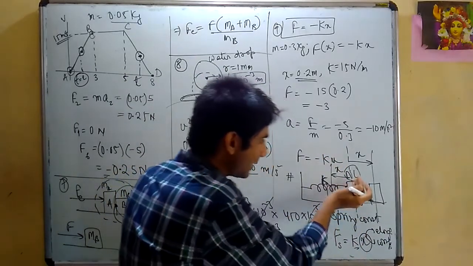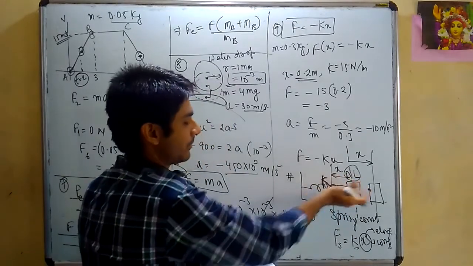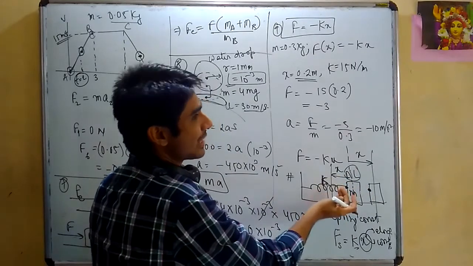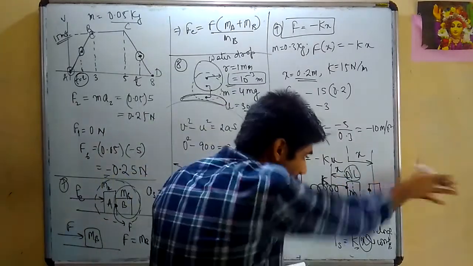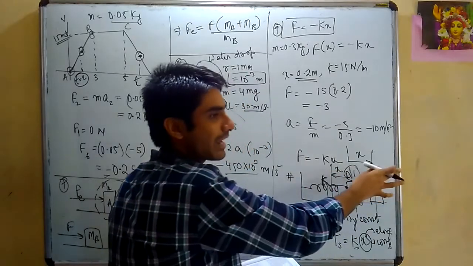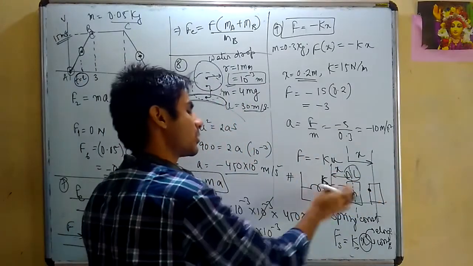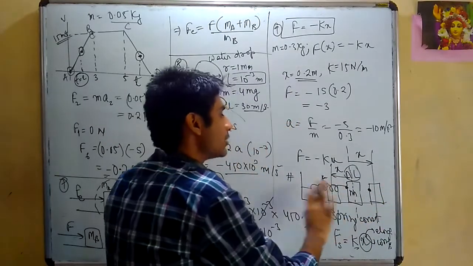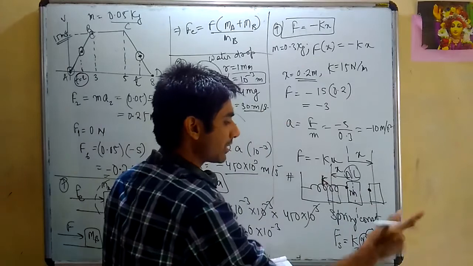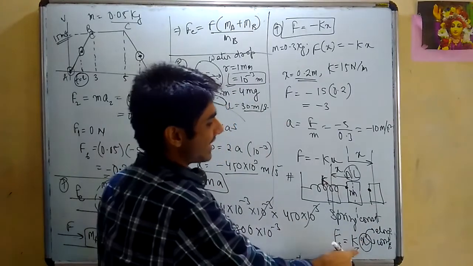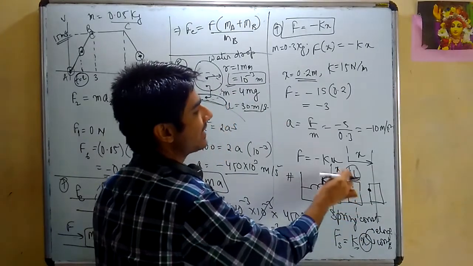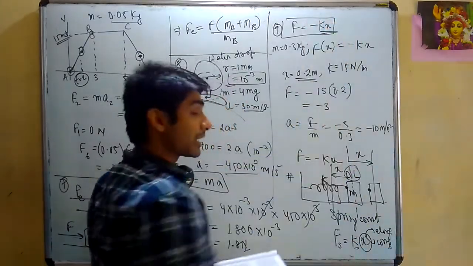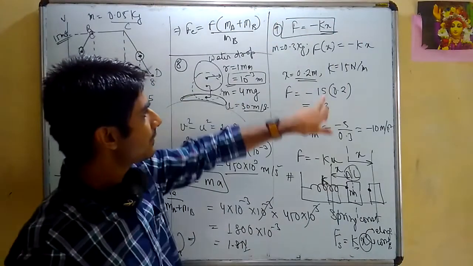So from the natural length, if I bring the block leftward by x, the spring gets compressed by x. So where will the spring apply force? Towards the right. From common sense you can understand, if you compress the spring, it will want to regain its shape. It will push it back. If you elongate the spring, it will want to come back, so it will push the block in that direction. And what will be the force? kx. Now you carefully see, k is a constant and x depends on elongation or compression. Simple. So in this particular case, the expression which was given was of spring force. k is a constant, as you can see, 15 Newton per meter.